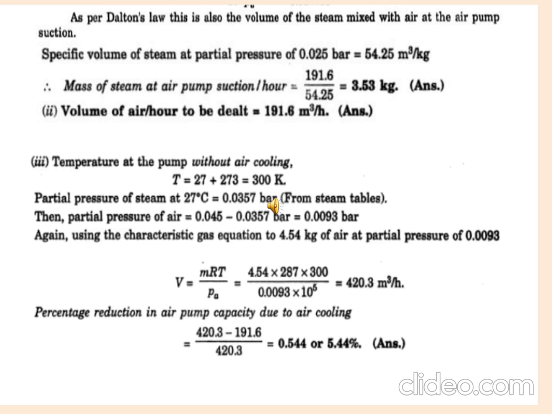Okay, so for that, the condensate temperature is given as 27 degrees centigrade. We have to convert it into Kelvin. It will be 300 Kelvin. Partial pressure of the steam at 27 degree: for 27 degree, pressure is 0.0356 bar. From the steam table we got. Okay, so total pressure, partial pressure of the air will be